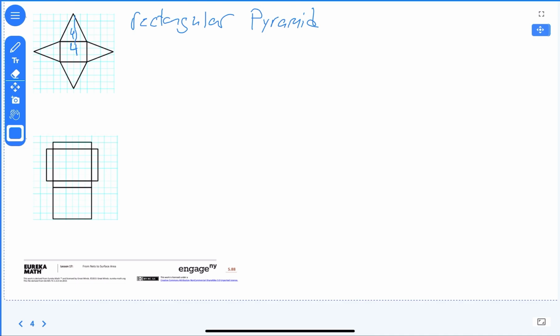So this is a 4, and then this is a 3, and it's still 4 high. So now I got 2 different sizes of triangles, right? So I have 2 that are half the base times the height, plus 2 other ones that are half the base times their height,